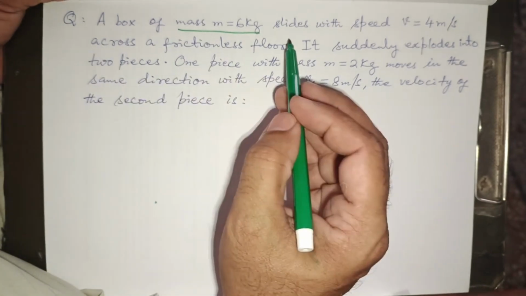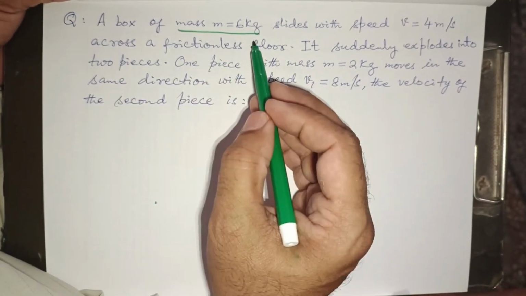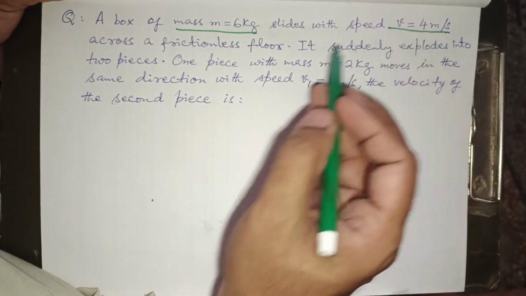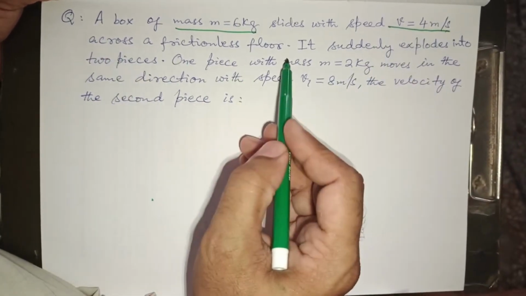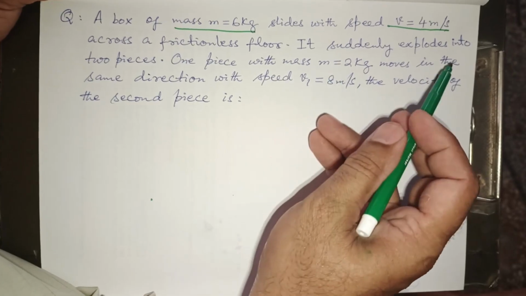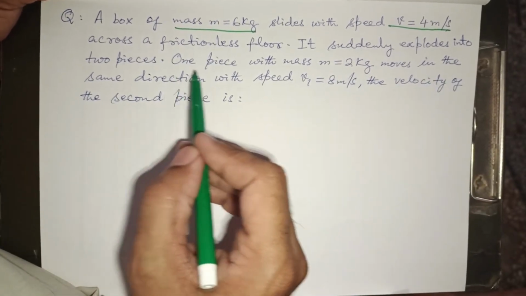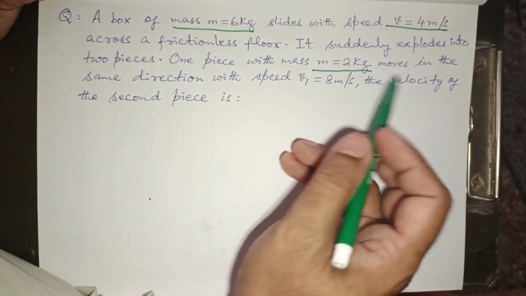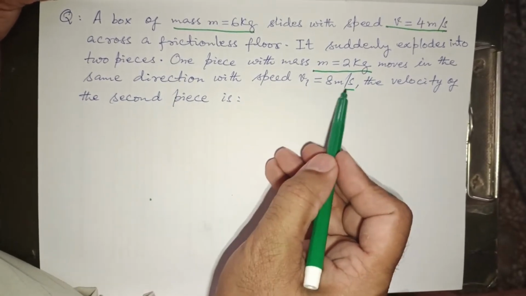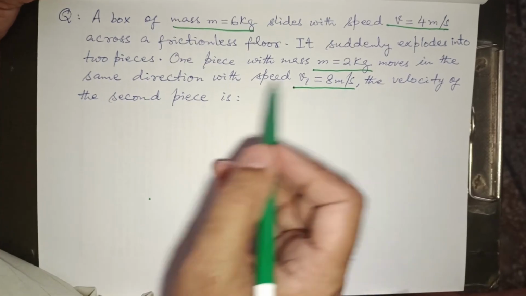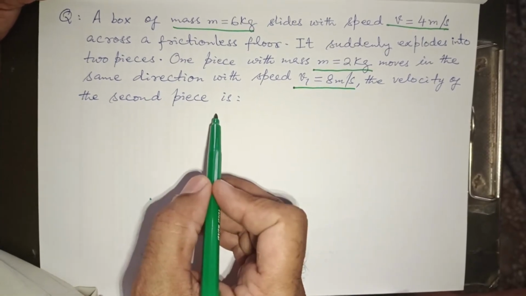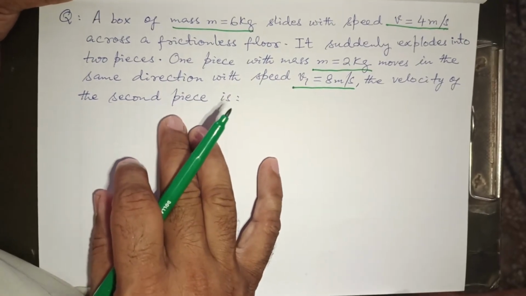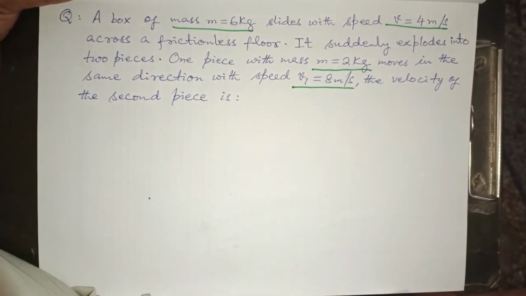A box of mass 6 kg slides with a speed v = 4 meter per second across a frictionless floor. It suddenly explodes into two pieces. One piece with mass m1 = 2 kg moves in the same direction with a speed v1 = 8 meter per second. The velocity of the second piece is... here you can judge immediately that the law of conservation of momentum